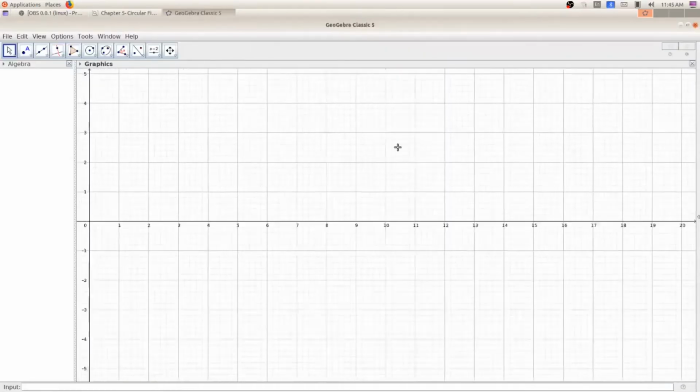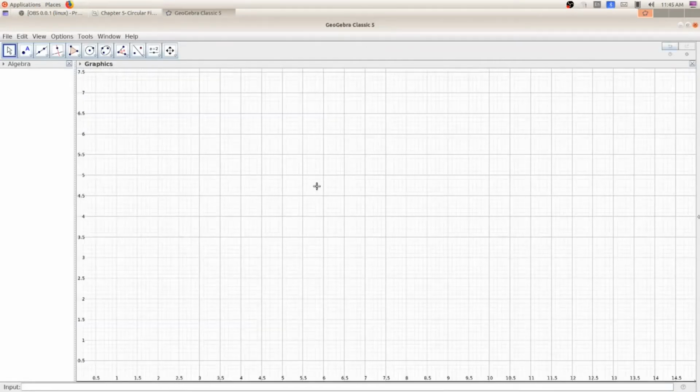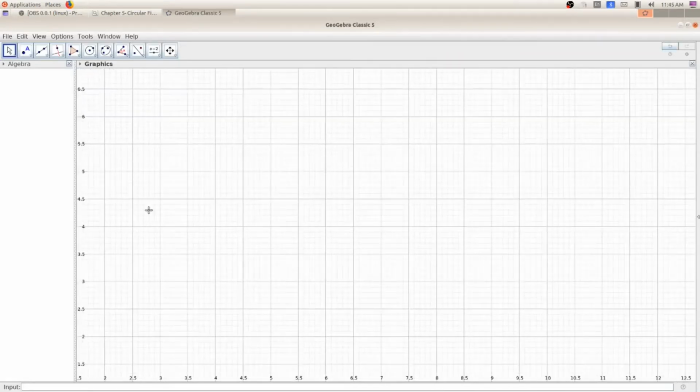So I'll zoom it. This white space is known as the GeoGebra window. And one more thing I have already told you: you can see small squares in this GeoGebra window.